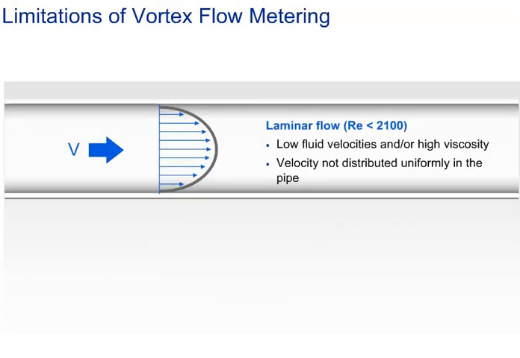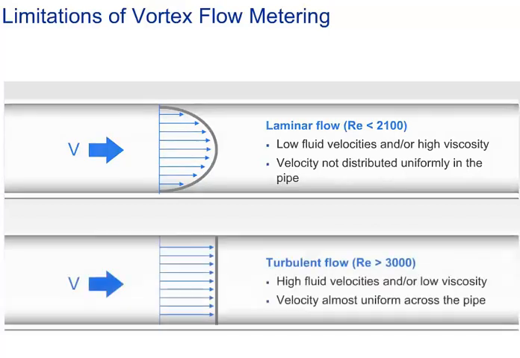A low fluid velocity at a constant viscosity, density, and pipe diameter results in a low Reynolds number and a laminar flow, parabolic velocity profile shown at the top left, whenever the calculated Reynolds number is smaller than 2100. Vortex flow meters cannot be used for laminar flow. Wedge meters, positive displacement, electromagnetic and Coriolis mass flow meters are examples of devices that can be used to measure